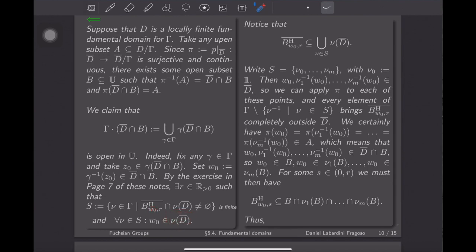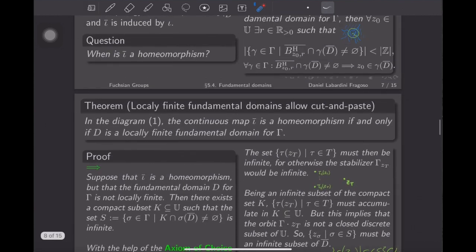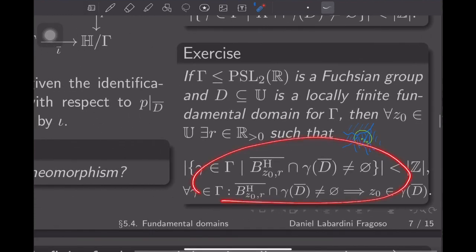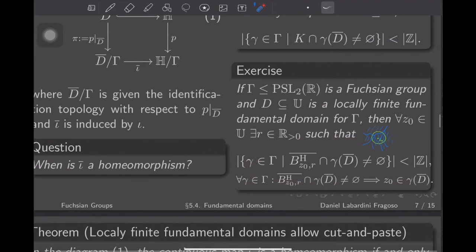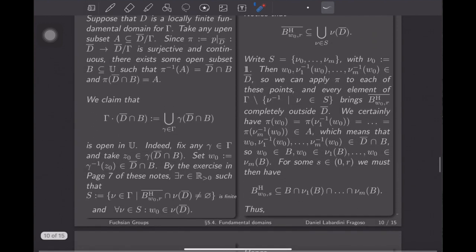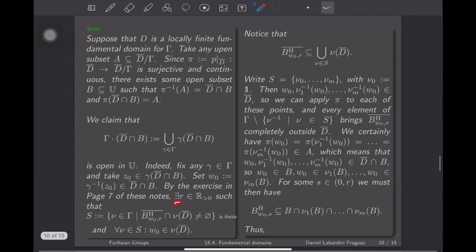And so this is this exercise that I mentioned here, this one. Okay, so there exists such a compact disk,